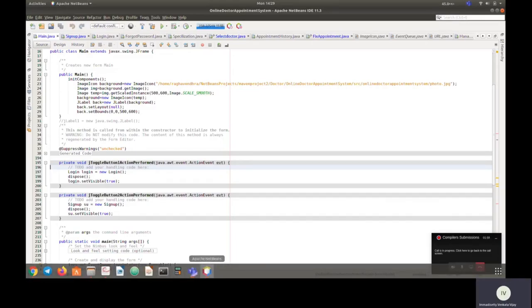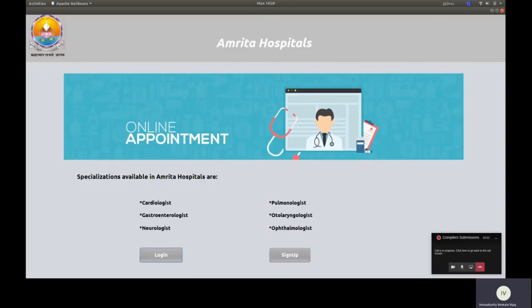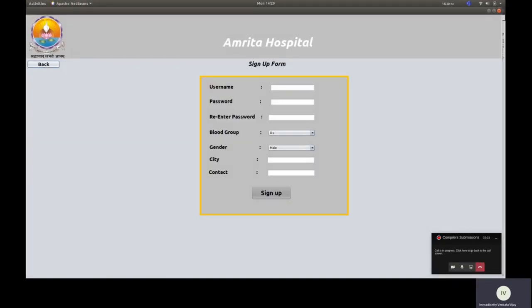So we'll see the sign up page first. I want a new user, so I'm creating a new account. We will create a new user, something like Ram.